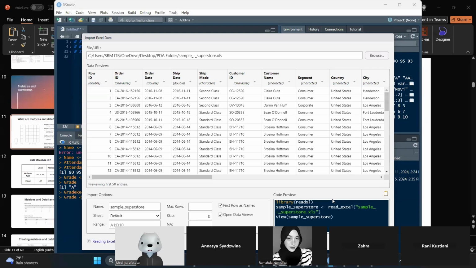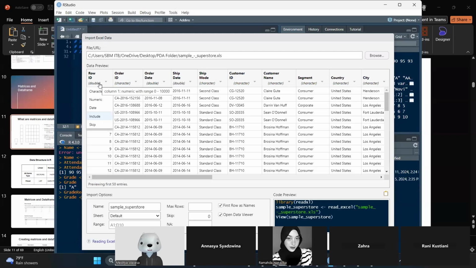Once it's browsed, it's automatically retrieving the data. But actually, in importing, we can choose to include all of the columns or exclude some. If you want to include, you press include. But if you want to exclude, you press skip for a specific column.